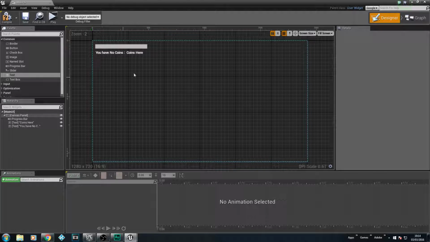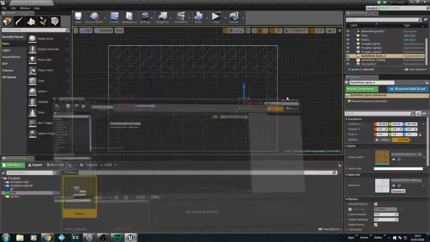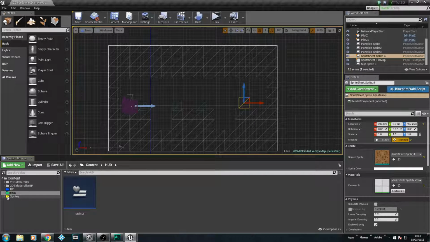So now we have our widget, so our main UI. What we can start doing is we can look at how do we add this widget so we can actually see it inside the game. Now this is pretty simple. We can save it and we can compile this. And what we can do is if we just minimize this and go into our character,